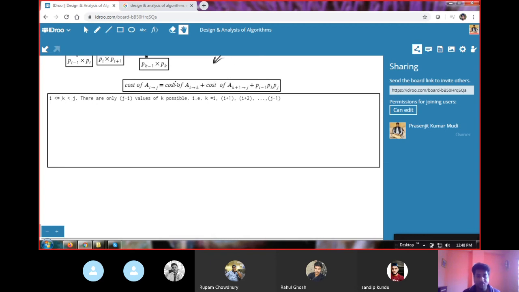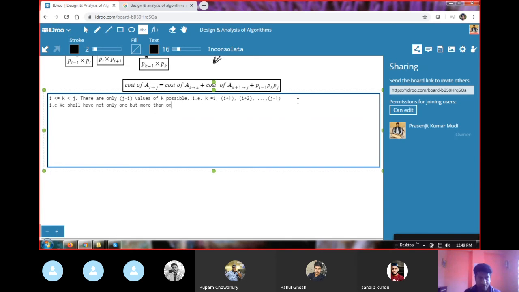That means we will not have a single value for A i to j. Rather, we will have more than one value possible for the cost of